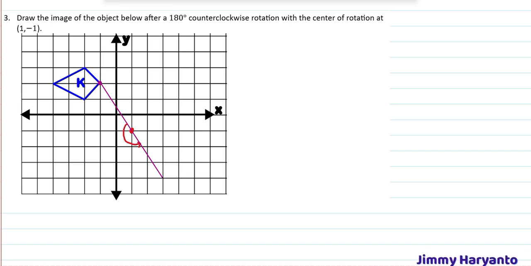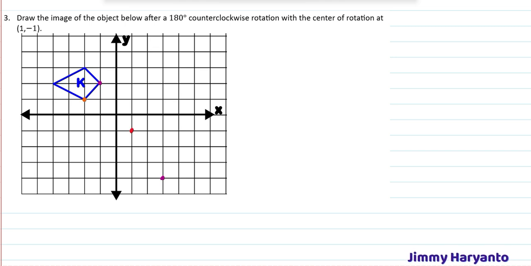This one has to be like this. One, a little bit, and then a little bit, and then one. Yeah, so one, a little bit, and then one. Okay, like that. Yeah, so the image will be, wait, I accidentally erased the line. Will be right there. Okay, that is the first point. The second point,